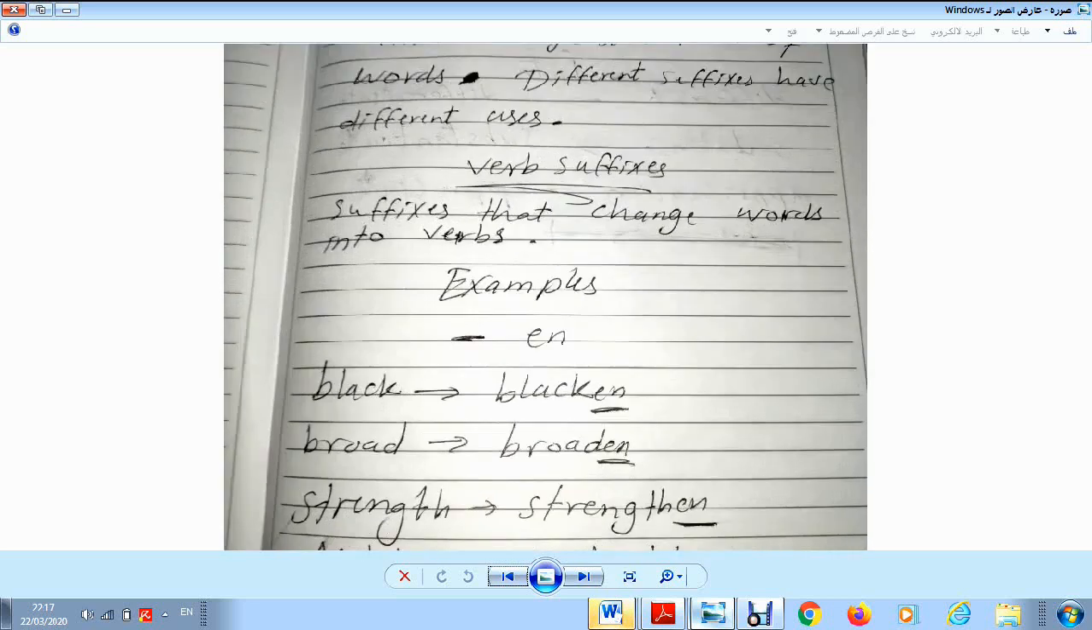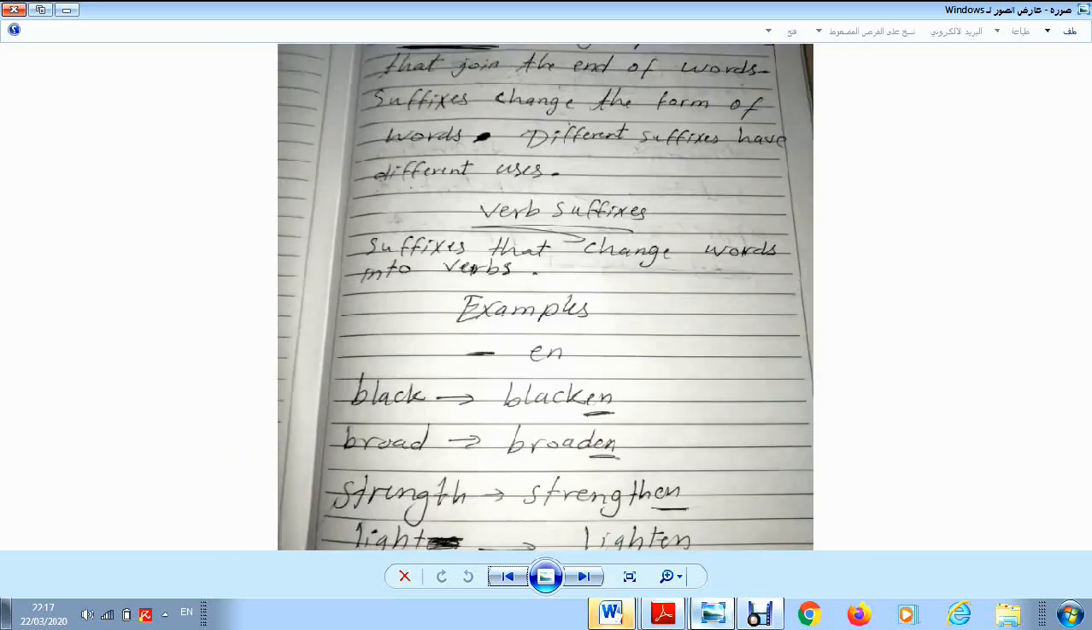Today we're going to talk about a very effective linguistic tool. We're going to talk about suffixes and verb suffixes in particular. If we have a look at this definition at the very top of the page,